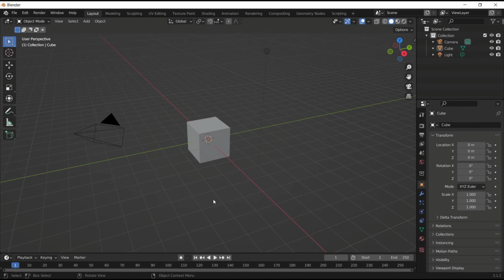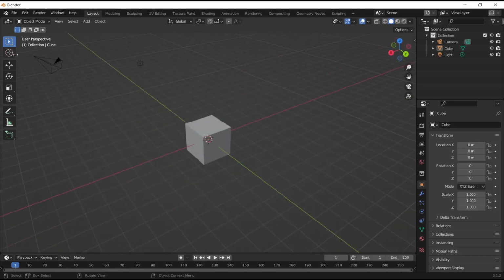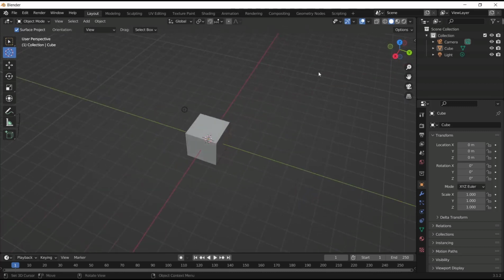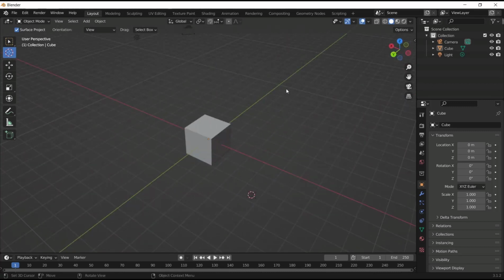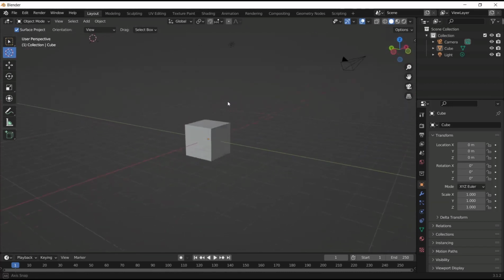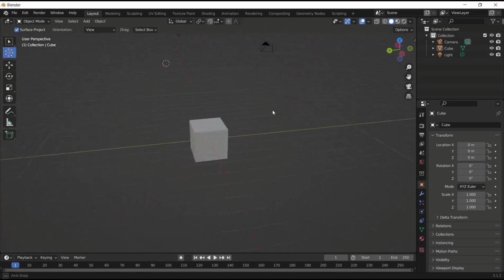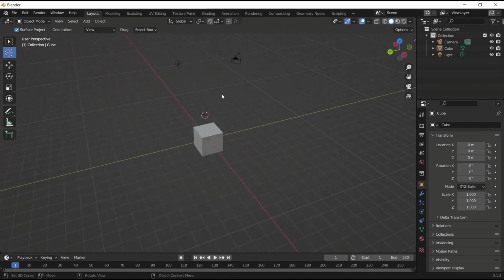Hello everyone, today we are going to learn basic Blender tutorials: how to move the 3D cursor. To move the 3D cursor, you can use this cursor icon, and you can click to automatically move the cursor. If you want to move the cursor to a selected object, like I will select this camera, and if you want